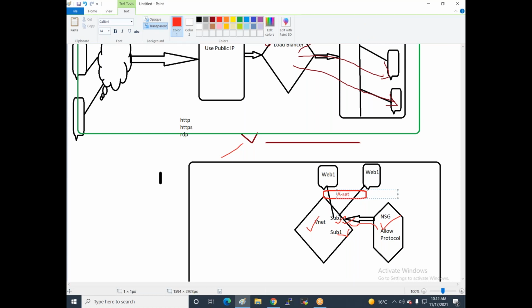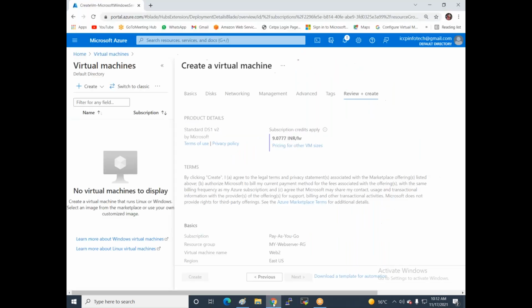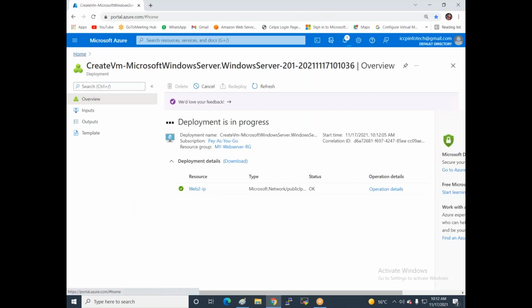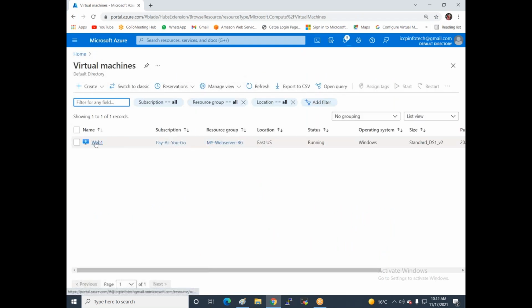Yes. Now I'm just logging in to these servers and deploying our websites. So now I go to home and log in to virtual machine web server 1.